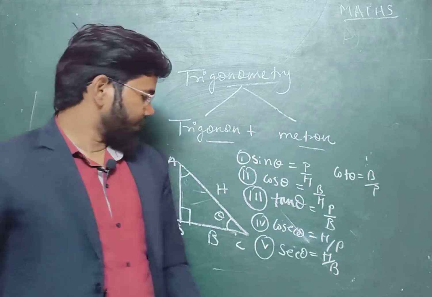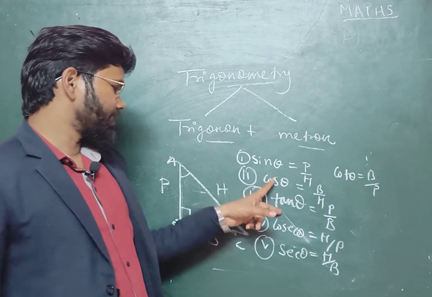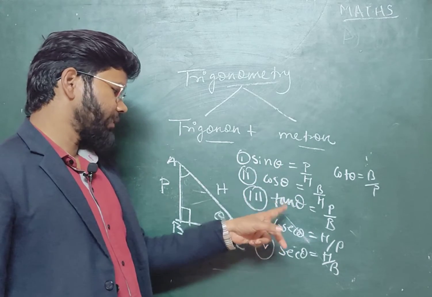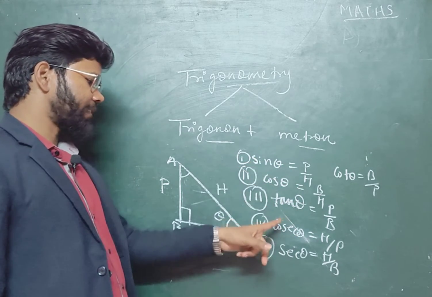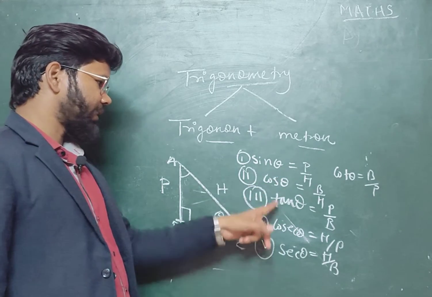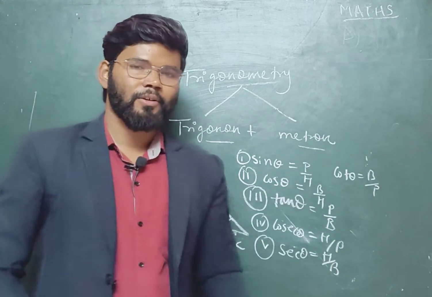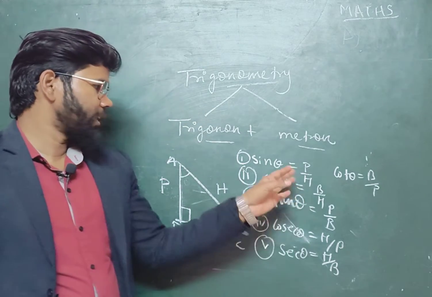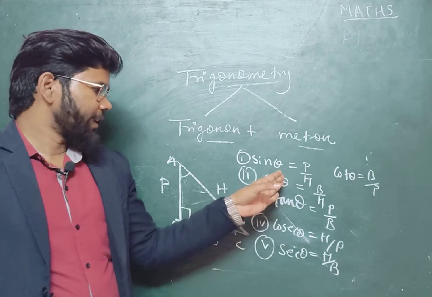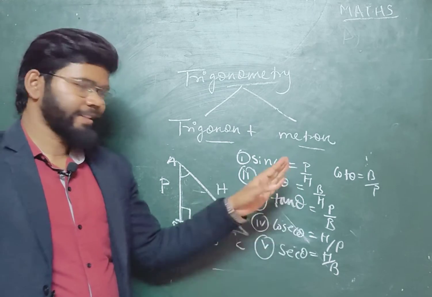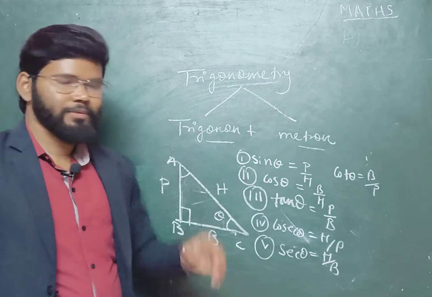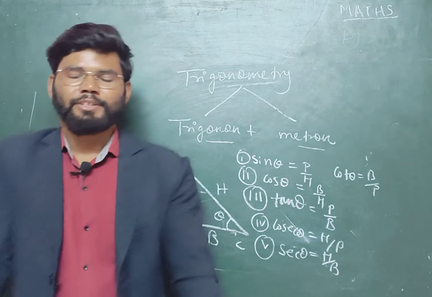So here we can say that when we learn these three terms, sin theta, cos theta and tan theta, with the help of these values we can say that the reciprocal of sin theta is cosec theta, the reciprocal of cos theta is sec theta, and the reciprocal of tan theta is cot theta. So whatever the values of sin theta, cos theta, tan theta are, they will directly give the values of cosec, sec and cot, because the remaining three terms are just reciprocals of the above three trigonometric ratios.